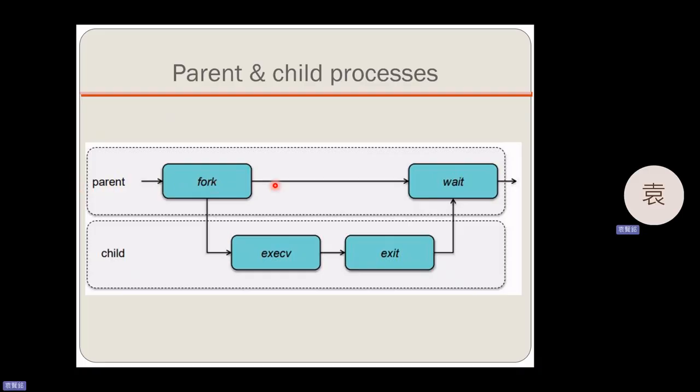So following this fork system call, in general, there are two sets of code segments. One should be executed by the parent. Another set of code segments should be executed by the child. By using this return value, the process would know it's playing the role of parent or child. If it is playing the role of parent, then you execute this portion of the code segment